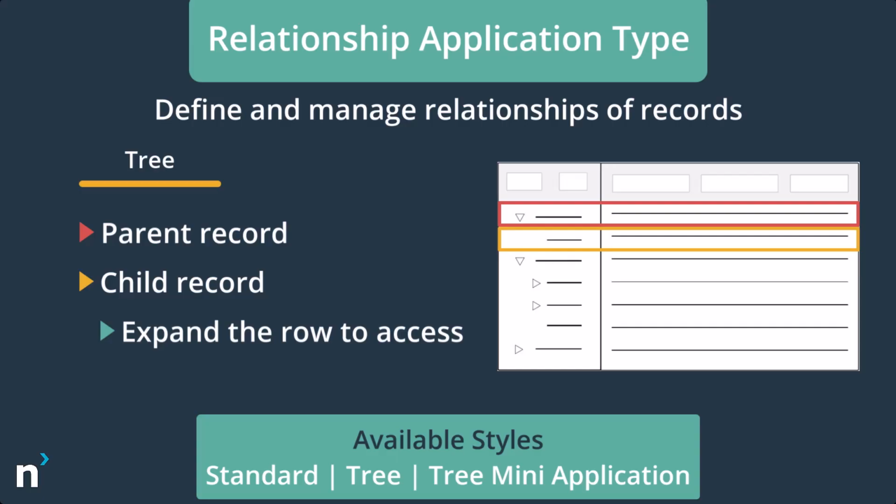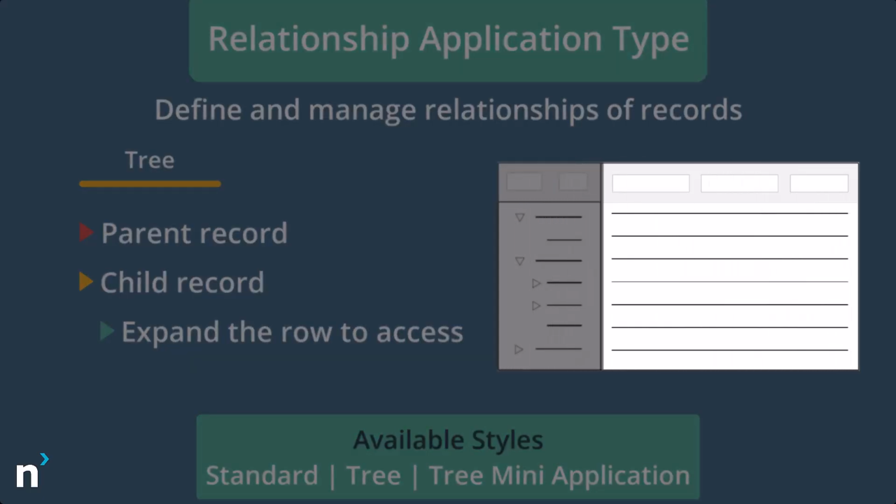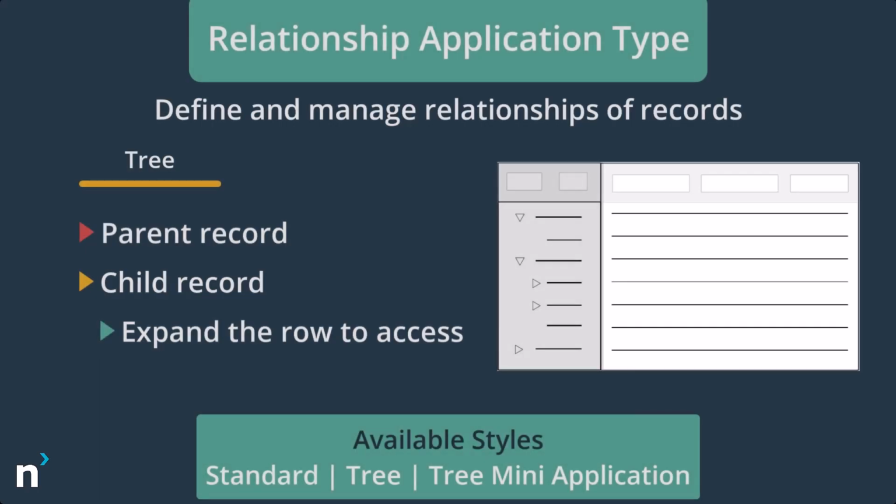Each task is an individual record since it might be assigned and performed by different entities, but the tasks all belong to the same parent project. In this style, the tree displays on the left of the view, with either a list form or detail form on the right, based on application configuration during creation. This style can also have the mini-app style applied to it for use.